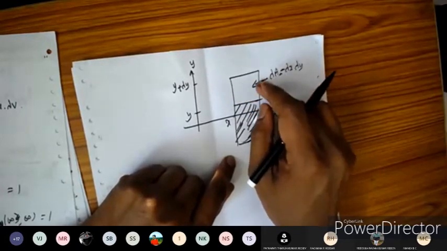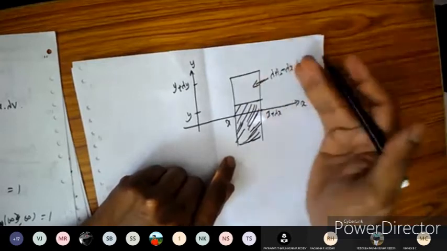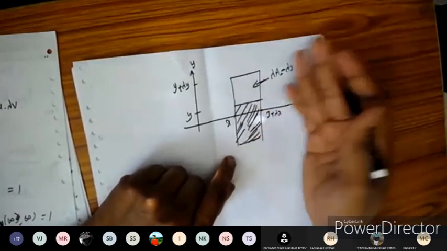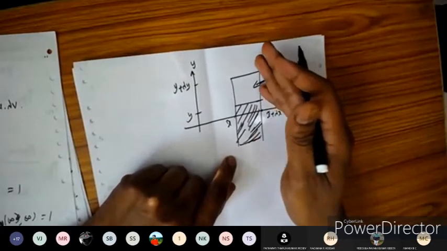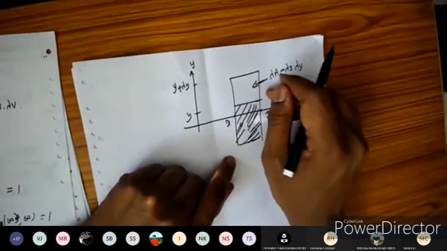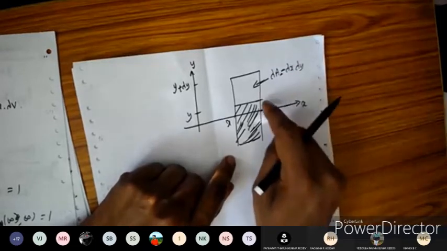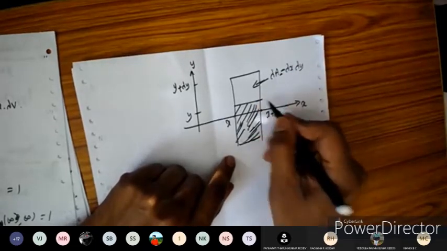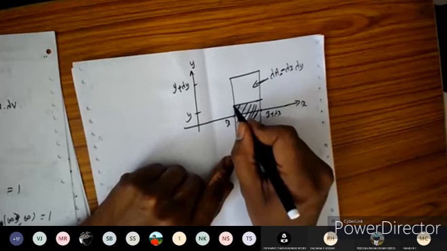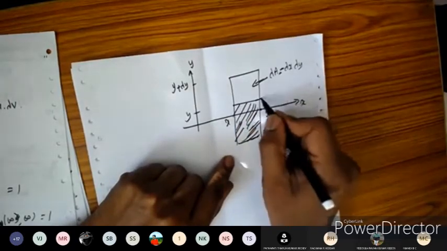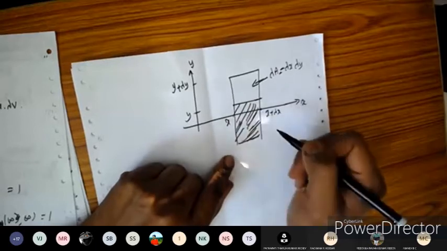This can be found in two ways. One is directly. The other way is mentioned in the textbook, and I'm going to recall that concept here. What they consider is the area between x plus dx and x. They find one area from x plus dx to x.